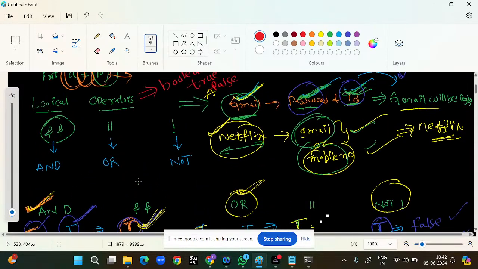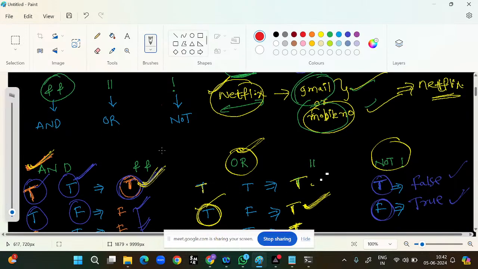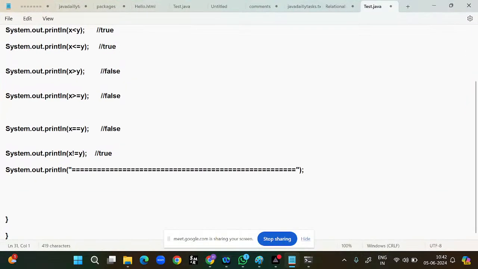Next one is the logical operators. Logical operators also return boolean values only, either true or false. So we'll try with some examples, then we'll get the clarity. Here also I will take two variables, int a equal to, I will take some small numbers, 1, and int b equal to